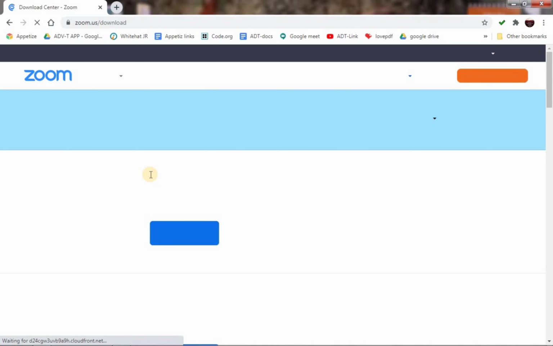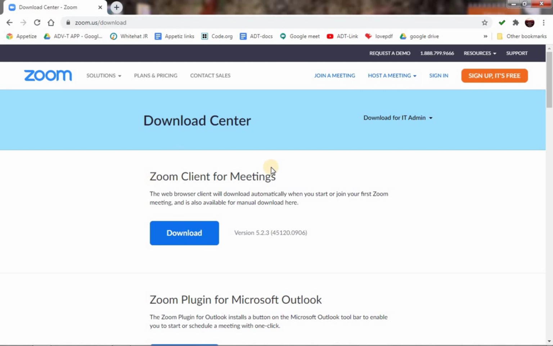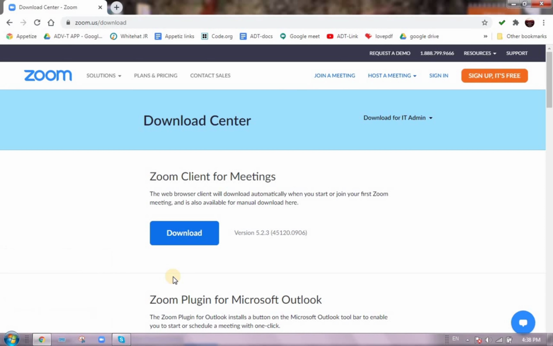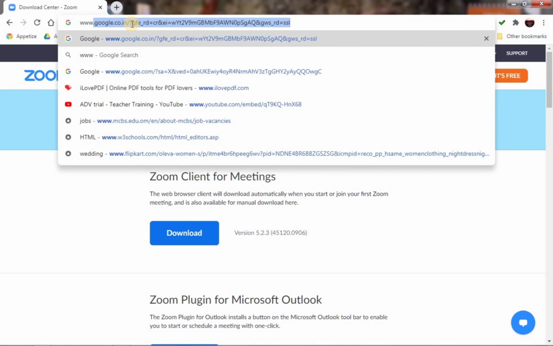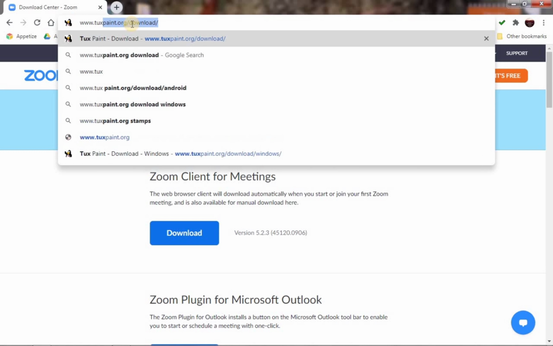So when you write the Zoom, see this, the interface has appeared. You can see it here, and here you have to download it. When you press the download option, the installer will get downloaded, and then you can install it on your system. And the last one she asked was TuxPaint. For TuxPaint, you have to write www.tuxpaint.org.